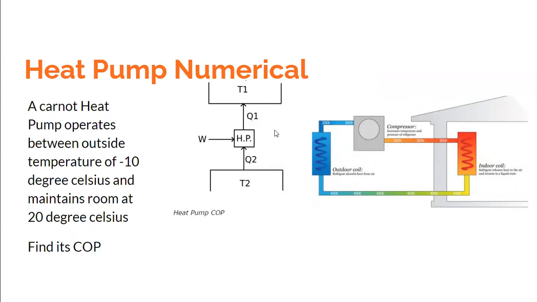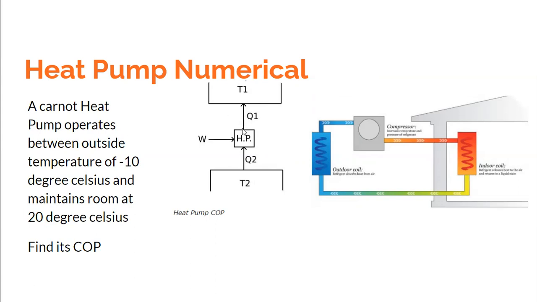And what does the heat pump do? We have seen that the heat pump pumps the heat from the surrounding, which is at a lower temperature. In this case, it is given as minus 10 degrees centigrade. The ambient temperature is minus 10 in some colder climates, colder countries, like European countries, where the temperature will be much lower. And the job of the heat pump is to keep the room heated so that the people sitting in the room are comfortable. Now it is given that this heat pump maintains the room at 20 degrees centigrade.